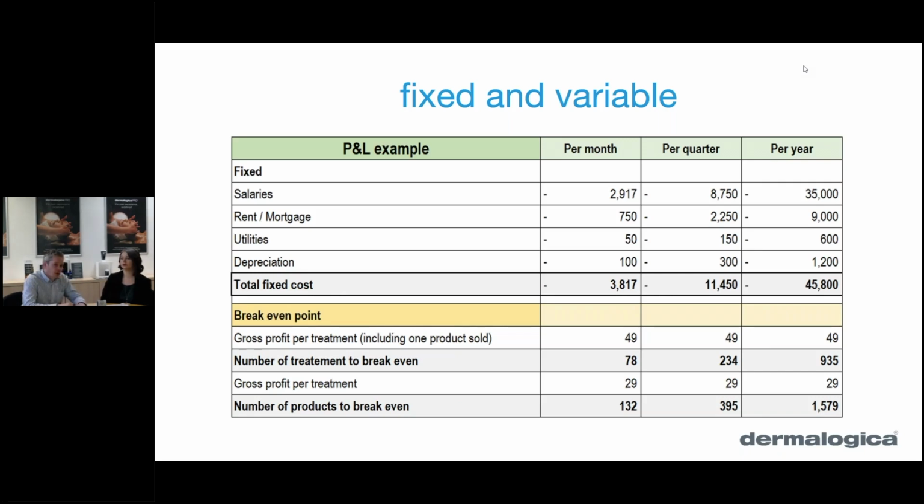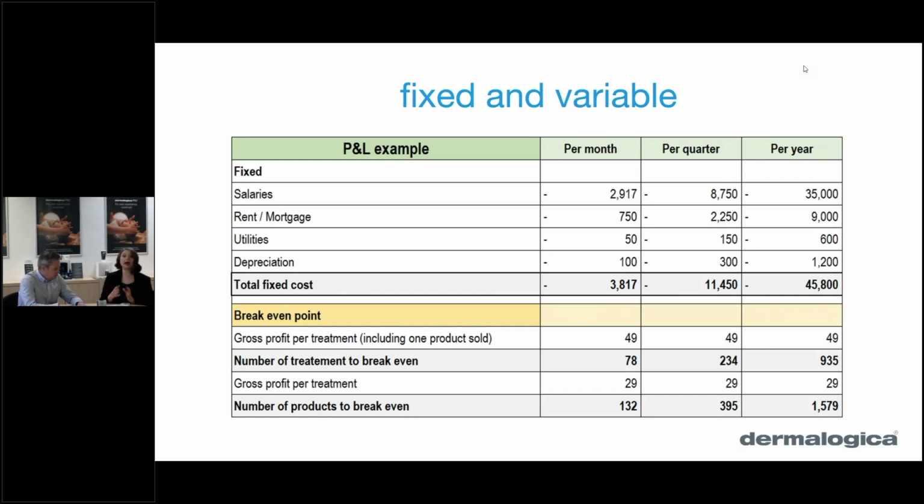What should I do? This analysis is also very good because you can do the what if type thing. So you can say, okay, so I've got this premises now that I'm maxing out. I've got this number of staff. If I want to increase any of those, so let's say take on a new member of staff or increase my premises, and that's going to cost me another, let's say 1,500 a month. You can now use this analysis to work out, okay, so if I take this person in, how many more treatments would I need to do to make that successful? Okay. And I think this is really great and very useful for anybody who wants to expand or needs to